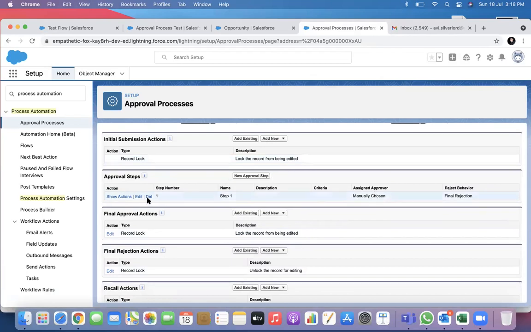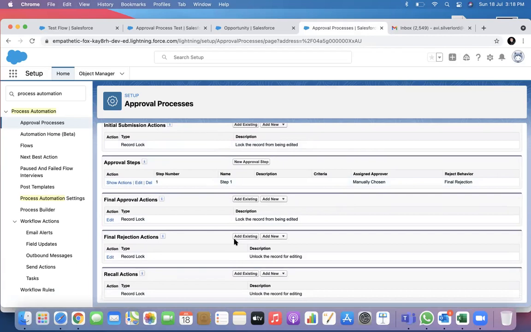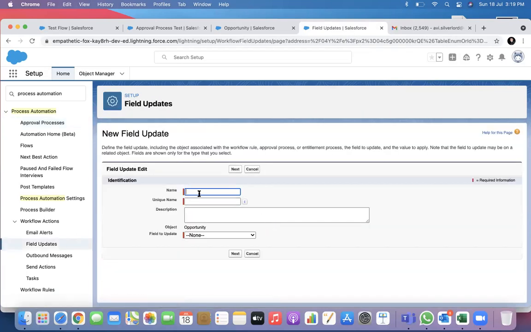So what is the approval step? Step 1 is manually chosen. And what is the final approval action? I can do a field update, right? I say opportunity won.